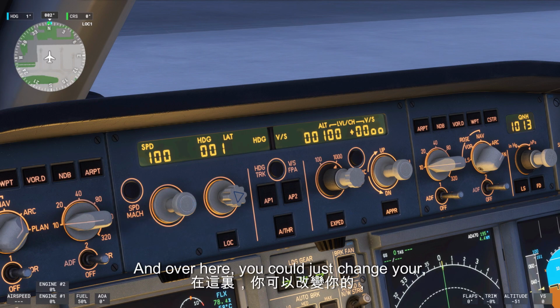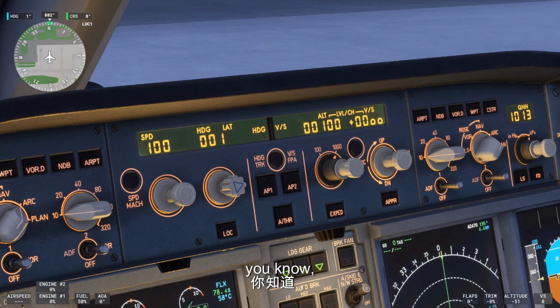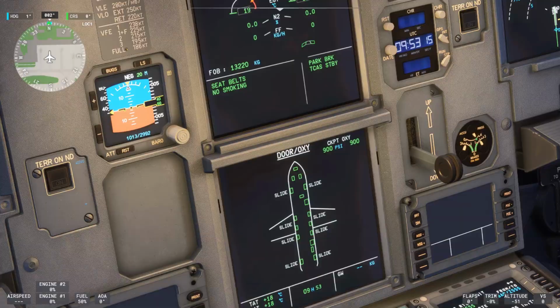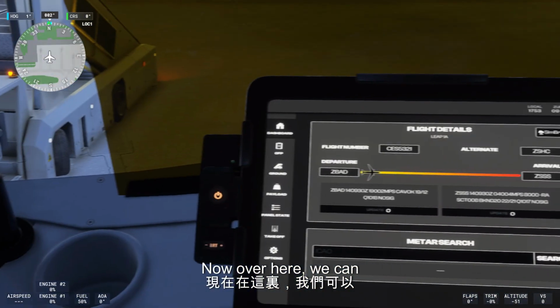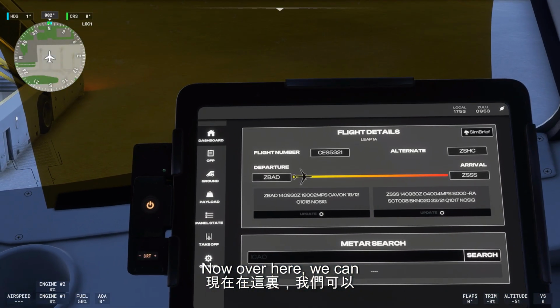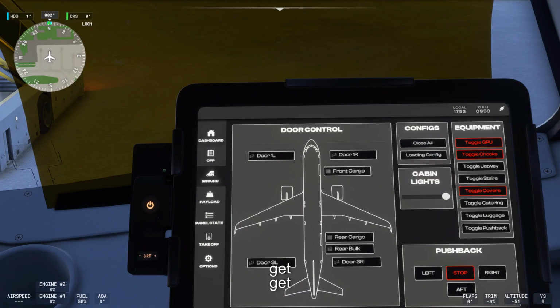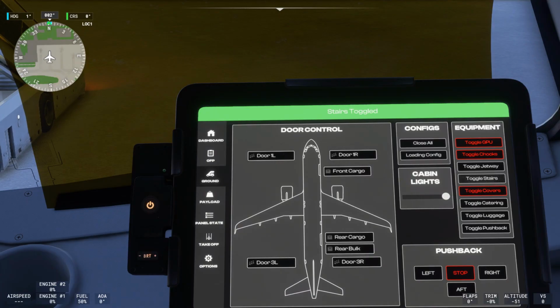And over here you could just change your FCU. Now over here we can get stairs, and